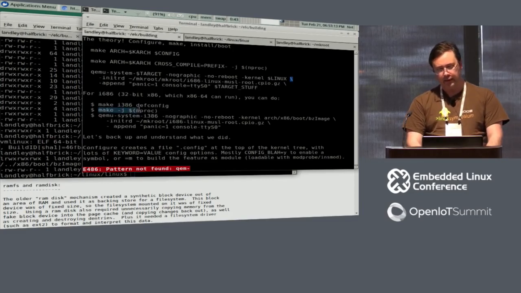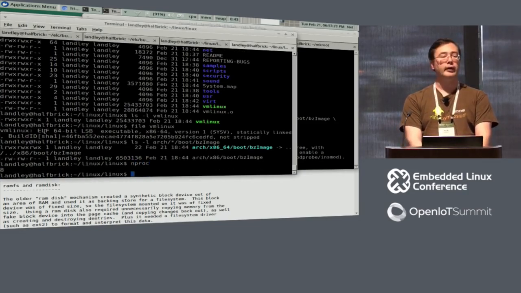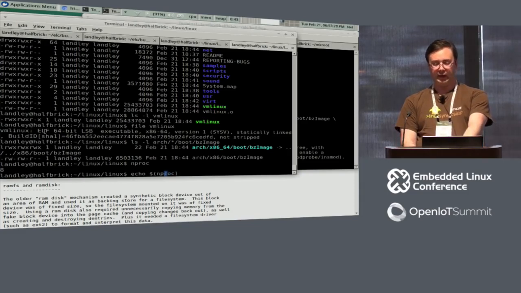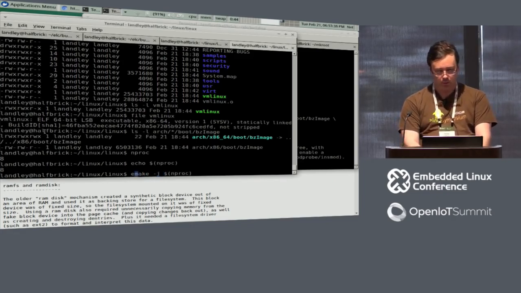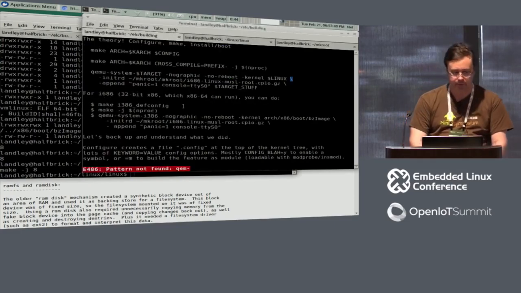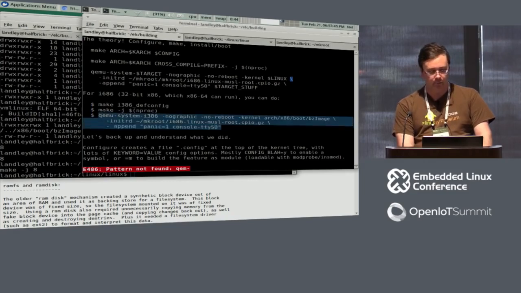This little trick here, make -j $(nproc). There's an nproc command that tells you how many processors this machine has. So if you want to automatically do SMP at the level that this machine does, you can use that: $( ) says run a command and turn its output into an argument. So make -j $(nproc) will automatically do make -j with however many processors are in the machine. That's what that little trick does. It's a fun thing. So we did the make config, we did the make, and then this is the kernel command line,